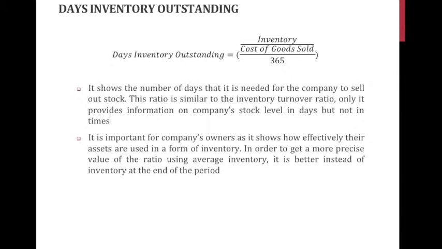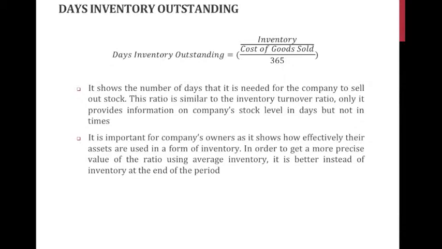And looking to the practical part, how might this indicator be interpreted. So, for example, if we see that we have a high number in that indicator, for example, days inventory outstanding is contributing to, let's say, 180 days. So what does this mean? This means that for our company it takes approximately half a year to sell all inventory. And here now we may ask a question: is this number of days acceptable or not?